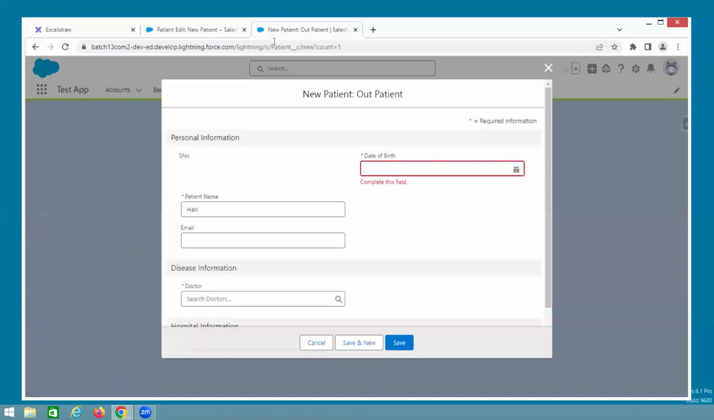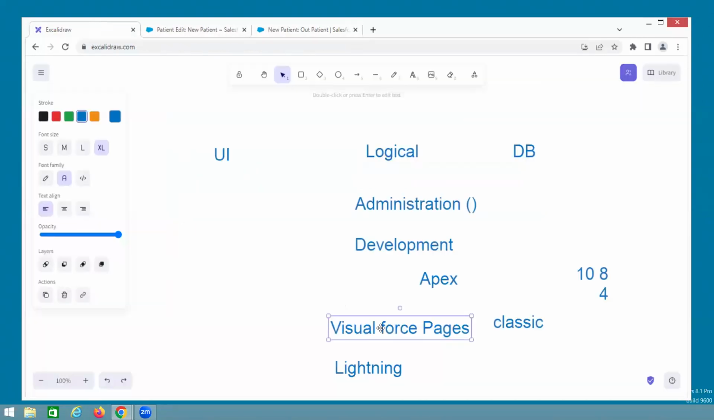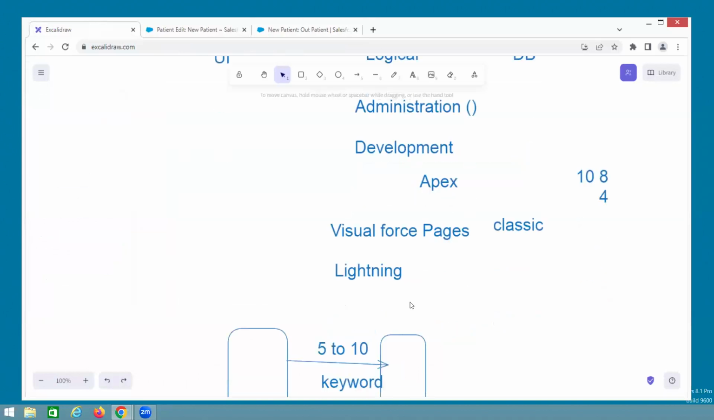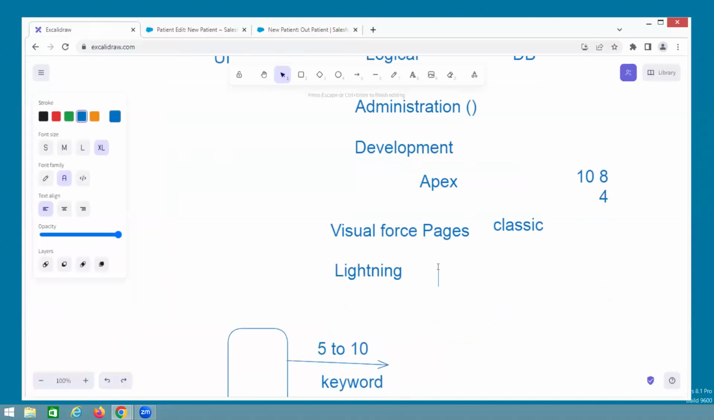Understand? Now, this is the Lightning. So now I will explain the classic, how the classic was and what the demerits are. Why are people introducing Lightning? I will explain. In Lightning, we are using two types of frameworks. One is Aura components. I told you Visualforce is the old one. Same like that, people are introducing in Lightning Aura components and